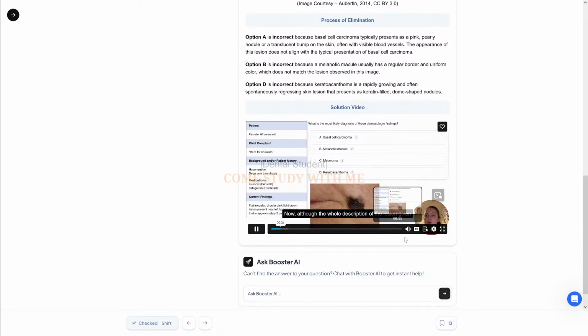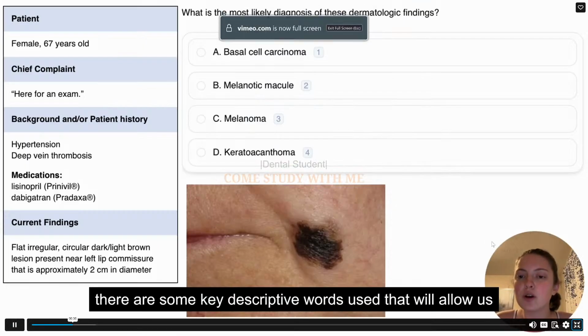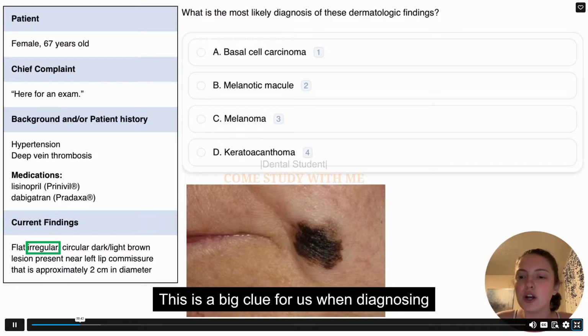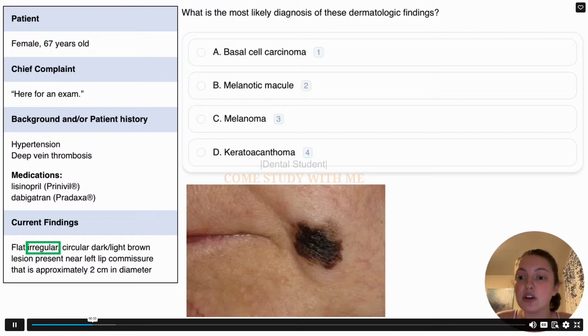Now, although the whole description of the lesion given to us in the patient box is helpful, there are some key descriptive words used that will allow us to narrow down our diagnosis. The first is that this lesion is irregular. This is a big clue for us when diagnosing, and honestly a big red flag as a description for a skin lesion. Irregular borders for most pathology lesions tend to be more concerning and can indicate a more serious, possibly